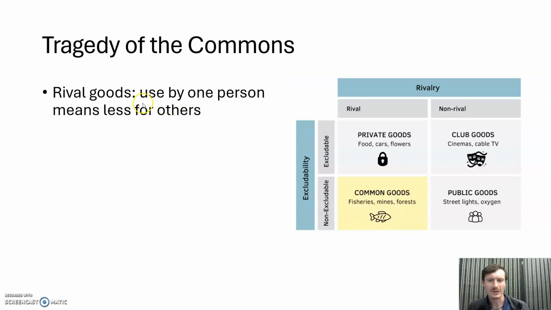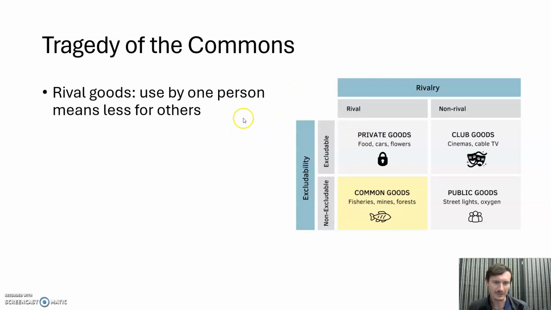So we have these things called rival goods, to start. Goods are things that are either products or services that people want. So things like food, cars, flowers. I heard about it as pizza and haircuts. So some goods are rival goods. It means that one person using it takes it away from another person. So pizza is an example. One person eats a slice, now there's only 7 left for everybody else. That's a rival good. Cars, food included. So you go buy a car off the lot, now there's one less.